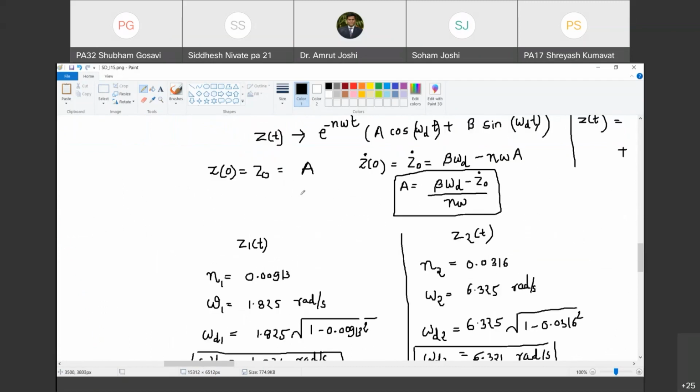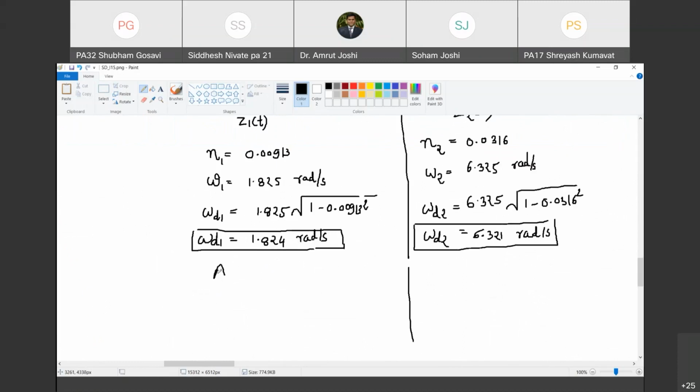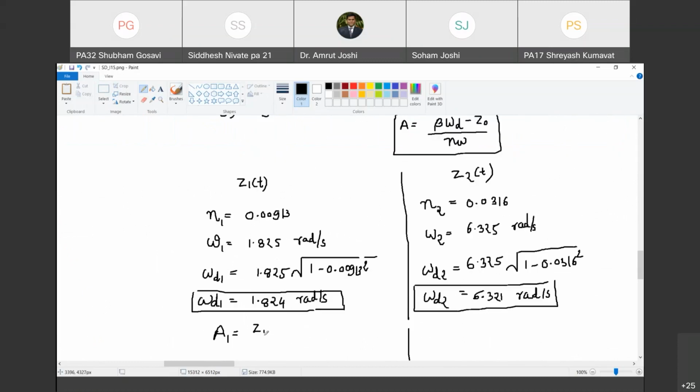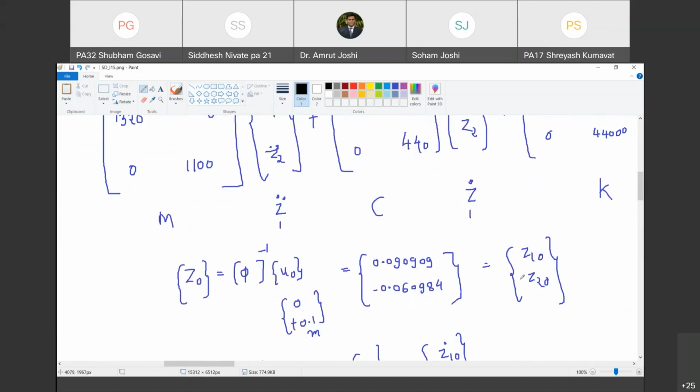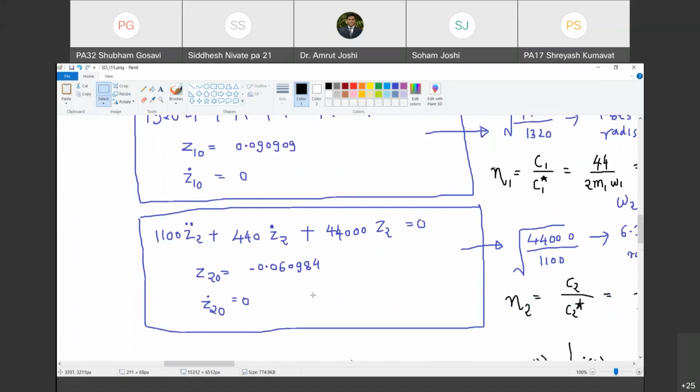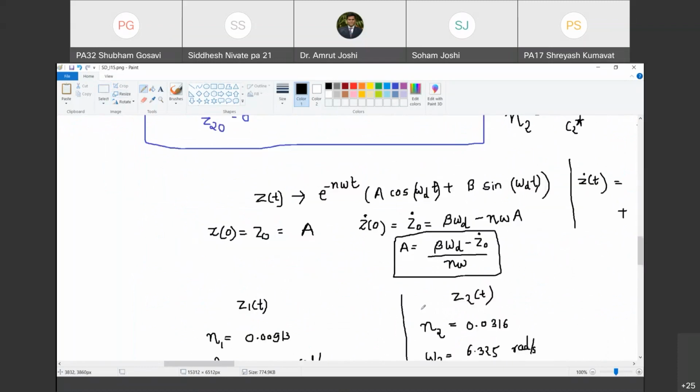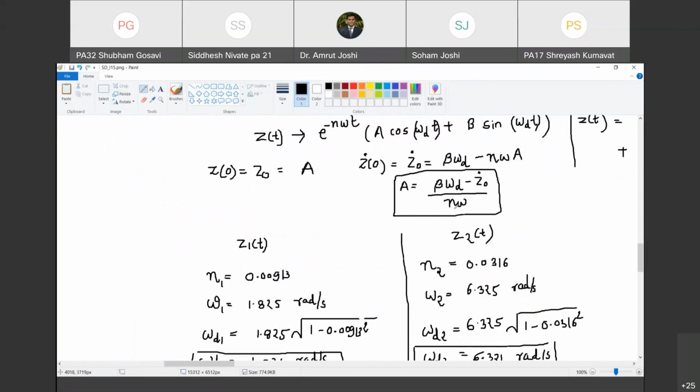So if I apply boundary conditions for the first case, a1 here becomes equal to Z01 or Z10. That's how we have called it. Z10. What is Z10? 0 point this number. Are you with me? Yes, sir. So I have got the value of first constant A1. Now let me compute value of B1. So what is value of B1? B1 is equal to